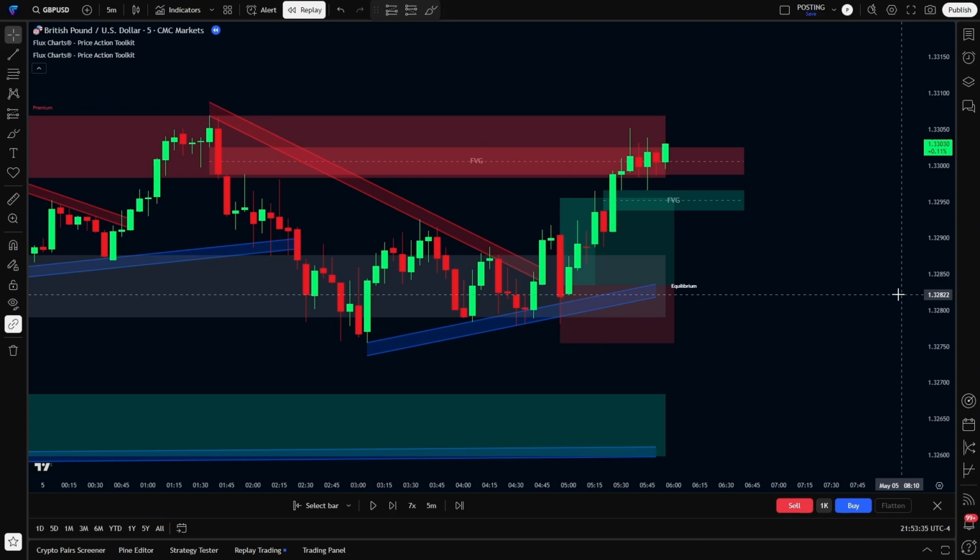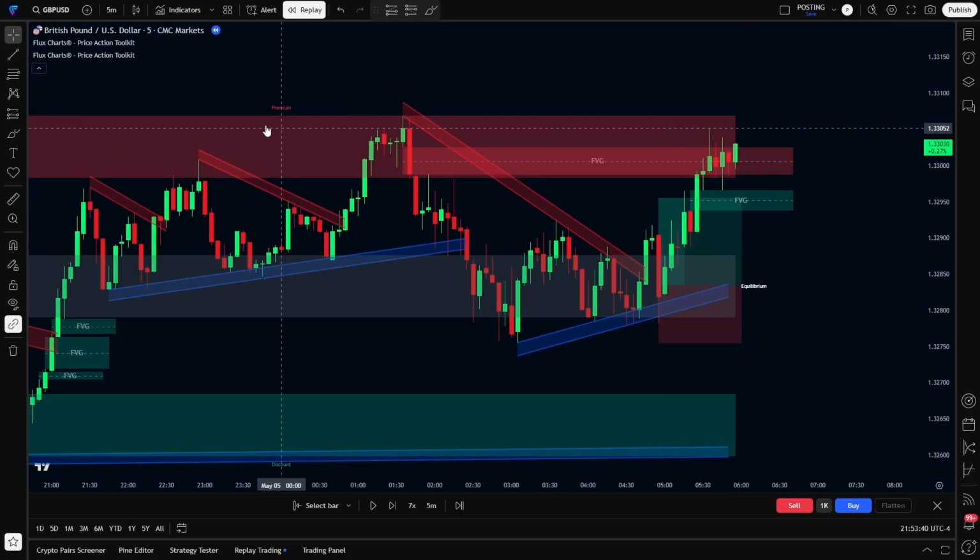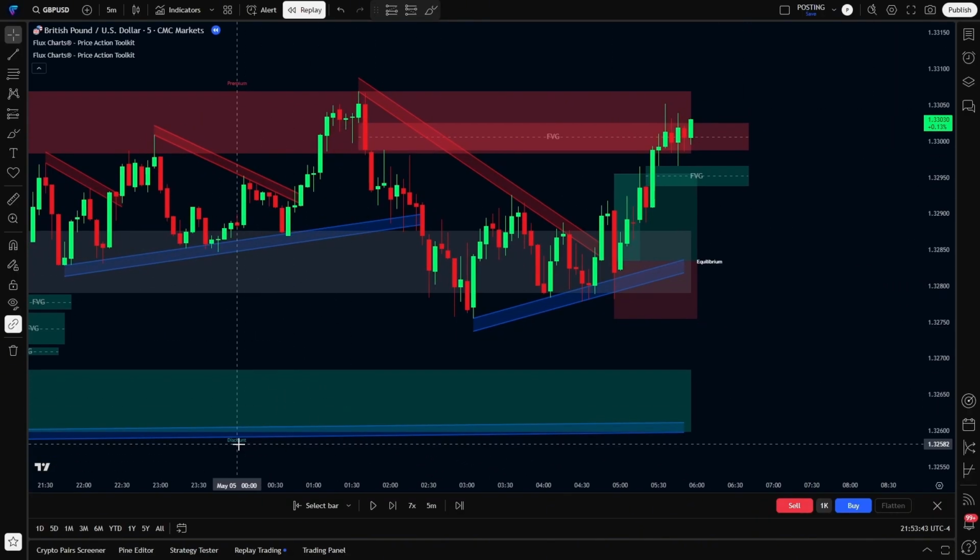And it's also important to mention that in a live market, you guys probably want to keep the premium and discount zones enabled just because you don't have as much time as I have right now when I'm in replay mode showing you these trades after they happen. You have to make quick decisions in real time, which is why you should just have the premium discount zones